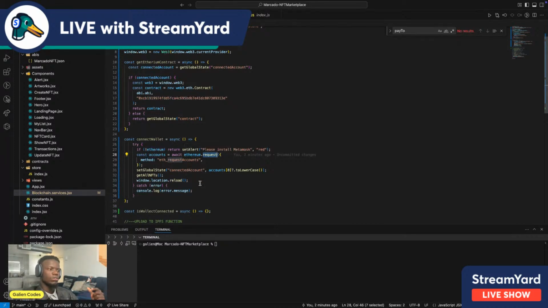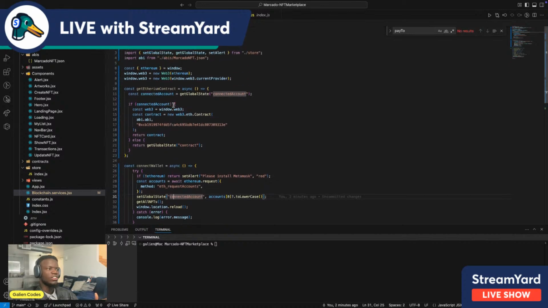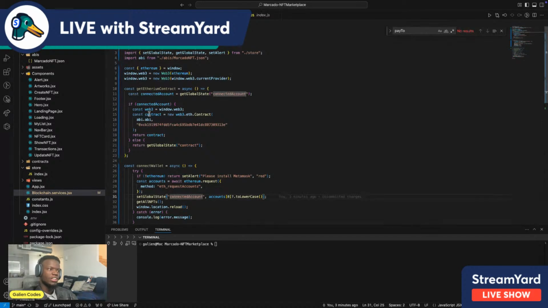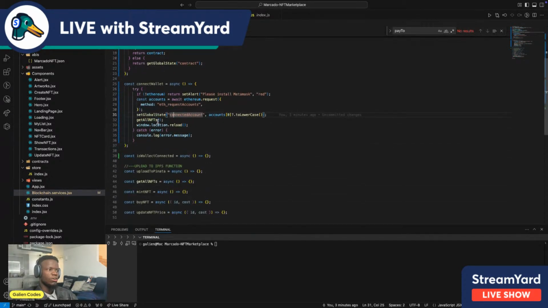So at this point, we take the first one at index 0, and we assign it to this. Again, this reflects what we have here. We have set this, this is the initial state of it, and we have the setter. The setter is just a function that sets values to some keys. So down here, when we get this address, what do we do? We set this